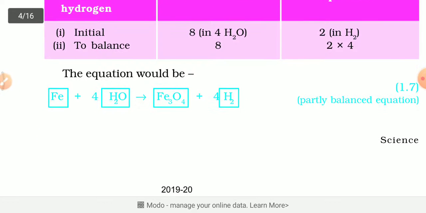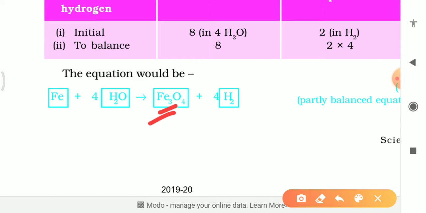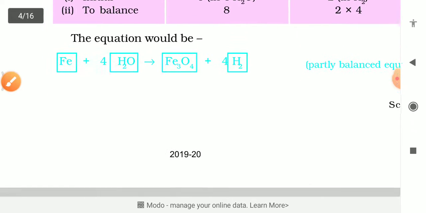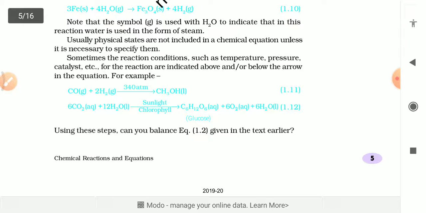Now students, see very carefully here. Iron has how many atoms here? 3. Very simple. On the right hand side, iron has 3 atoms. Then you can put the 3 here. Iron is also balanced. Each element on both sides, reactants and products, is equal. The number of atoms is equal. In this way we can say that it is a balanced equation.